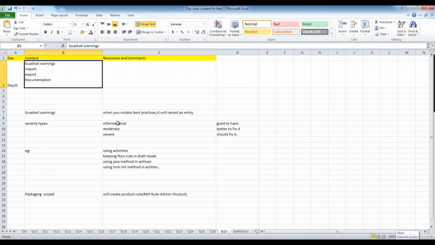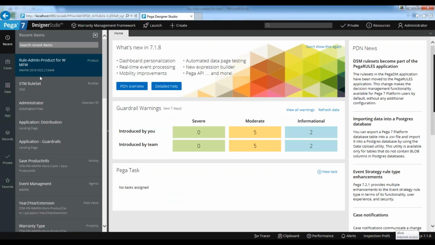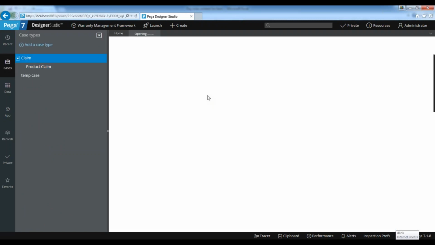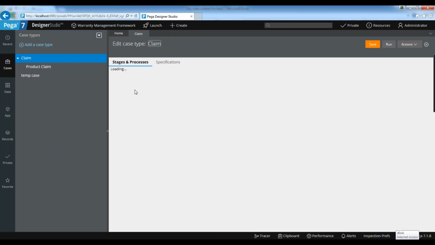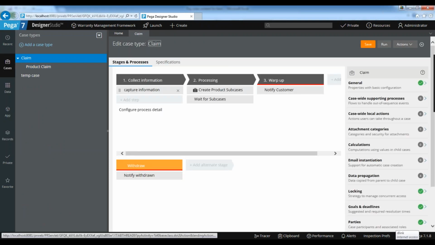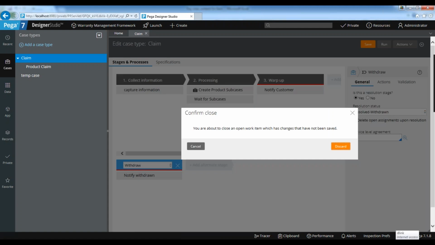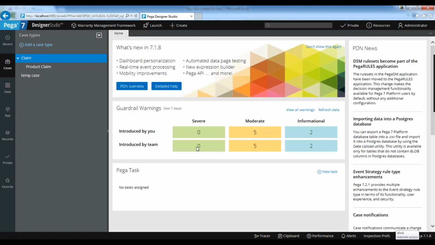The ticket concept is not there in Pega 7. In Pega 7 we don't use tickets. That is why we go for alternate stages. So we have alternate stages in the cases, right? In the CSS they are explaining tickets also. Yeah, tickets are there, but that is a deprecated concept. We should not use it for business exceptions. Here we can achieve the same thing using alternate stages. The concept is there, but it's not used in Pega 7 mostly.